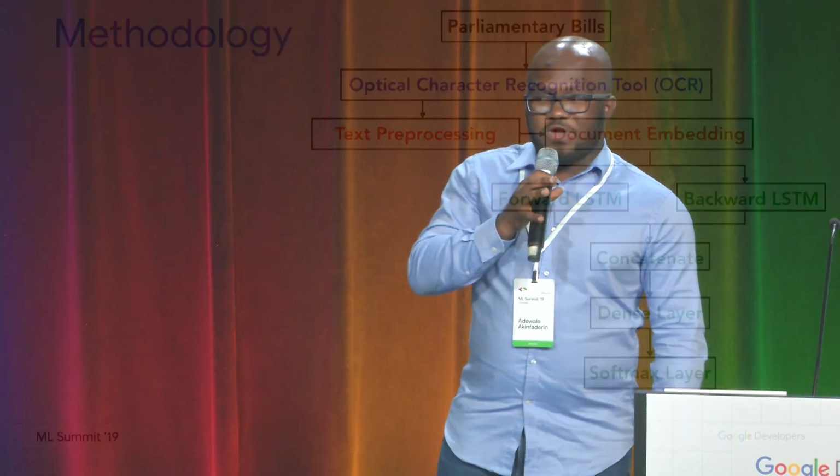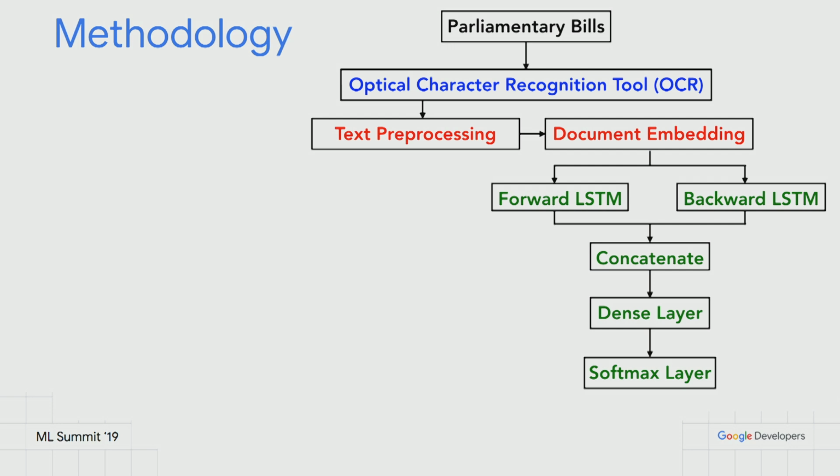And so this is what our methodology looks like. The first thing is we take the bills, OCR them, we pre-process, like I mentioned, it goes into a document embedding, and the best result we got so far is actually from a bidirectional LSTM. So it goes through the forward LSTM, then the backward LSTM, and then the outputs from these LSTM memories, we concatenate them, then to a dense layer, and then this softmax layer is to classify them with eight neurons, which stands for 8 classes.